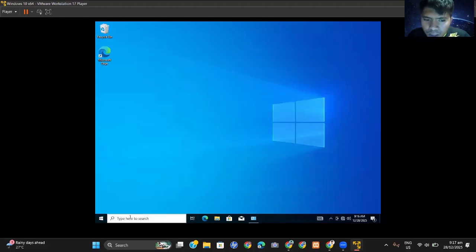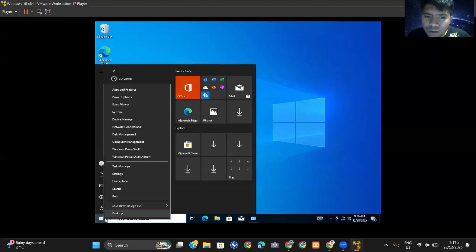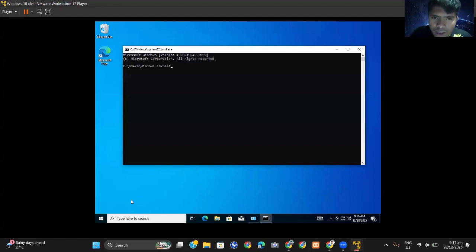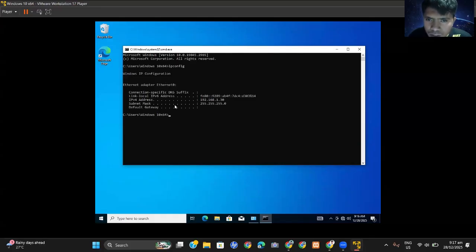For the testing part, if you want to test the connectivity here, we need to ping in our CMD. As you can see, we need to see the IP config if it successfully matches. In the default gateway, it's optional to add since it is a connection between the client and the server. Then we need to ping the IP address of the DNS in here, or the IP address of the server. So 192.168.1.2.